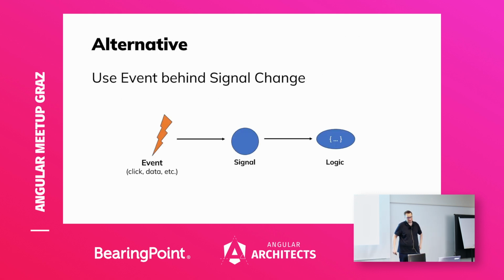What's the alternative? Well, one alternative a lot of people will tell you about is just using the event behind the signal change. Because in my world, a signal does not change itself. A signal is changed by some event. Might be a click event, might be a mouse move event, might be some data event, like the HTTP client giving you new data. And instead of using the signal change with an effect, you could use this event to do your business stuff, to trigger further actions. This is an alternative, and for sure it might work. However,